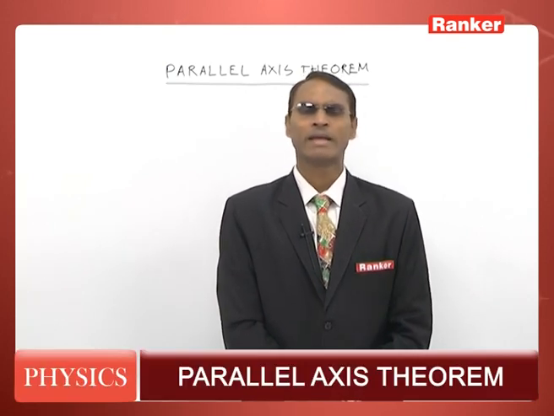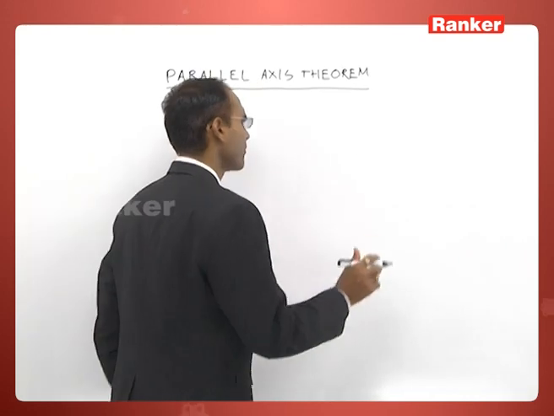In the parallel axis theorem, let us assume that an axis is given which passes through the center of mass, and the moment of inertia about that axis is known. How do we calculate the moment of inertia of the rigid body about another axis which passes through some different point of the rigid body and is parallel to the axis which passes through the center of mass? That is called the parallel axis theorem, which states that